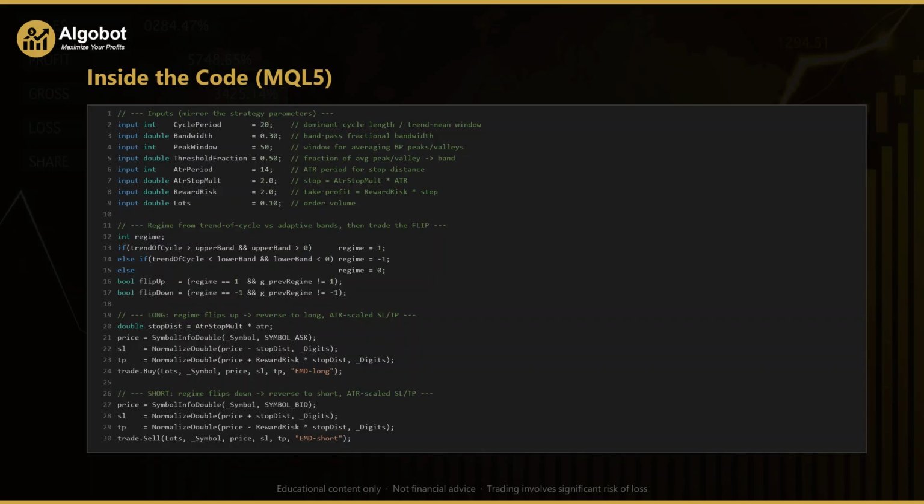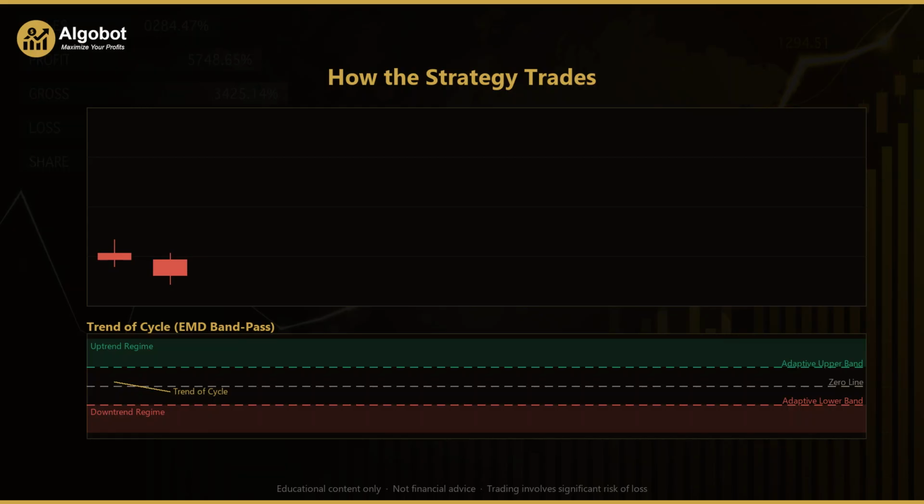On a flip down, the short block mirrors it exactly. It sells at the bid, puts the stop above entry, and places the take profit below entry at the same reward-to-risk multiple. The trade.sell call sends the short. Same logic, opposite direction. Let's walk through this illustration candle by candle, because this is where the strategy really comes